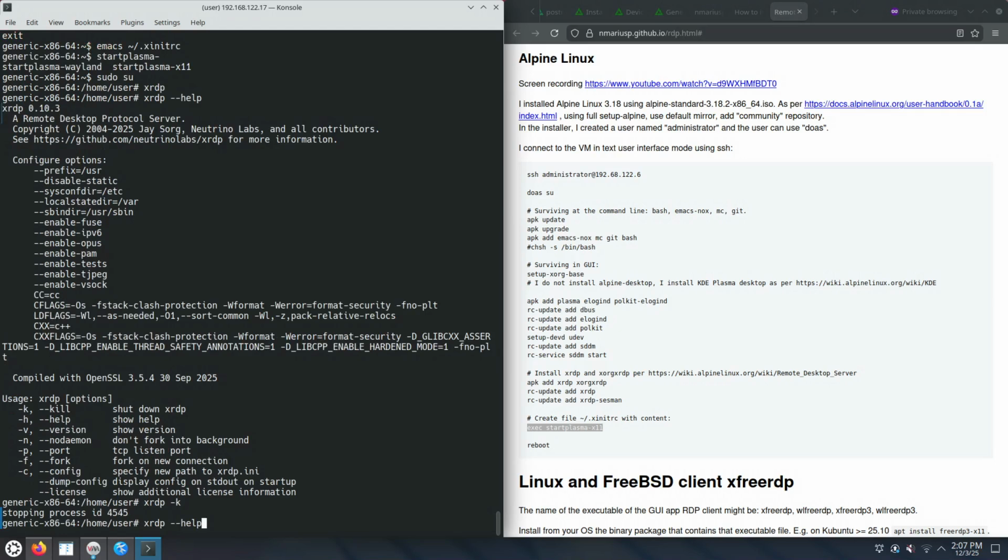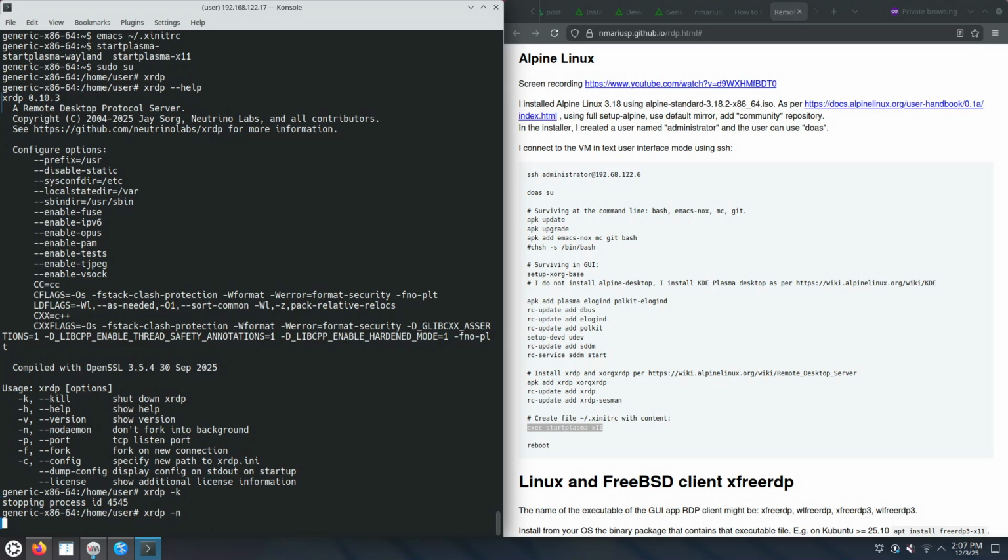So it did run, it did background itself when I ran the command line xrdp -k, which means --kill, shut down xrdp. It found the process to shut down. Okay, no daemon, or -n. Okay, let's try to